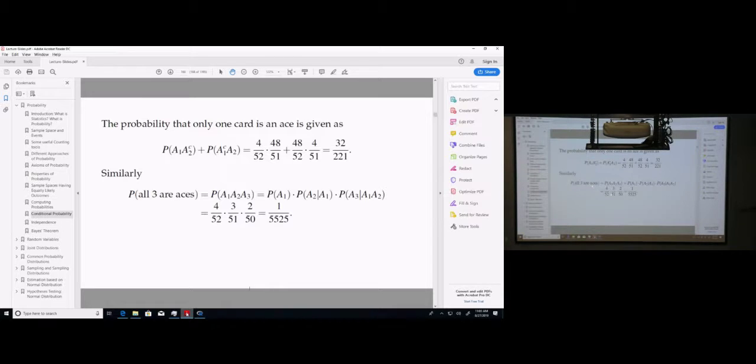And here the reasoning goes like this. In your first draw, you have 52 choices. In your second draw, you have 51 choices. And in the third draw, you have 50 choices. And now here, in your first choice, you have 4 aces for you to choose. And after one ace has been drawn, you have only 3 left. And then after both aces have been drawn, you only have 2 left in the remaining deck. So these are the numbers. So this number is getting smaller. So to get 3 aces,